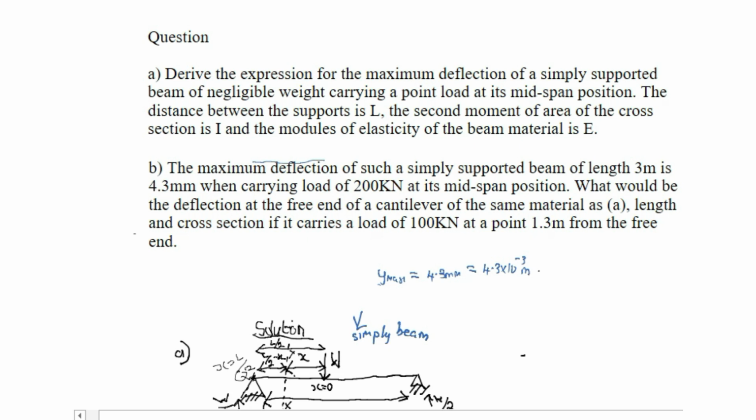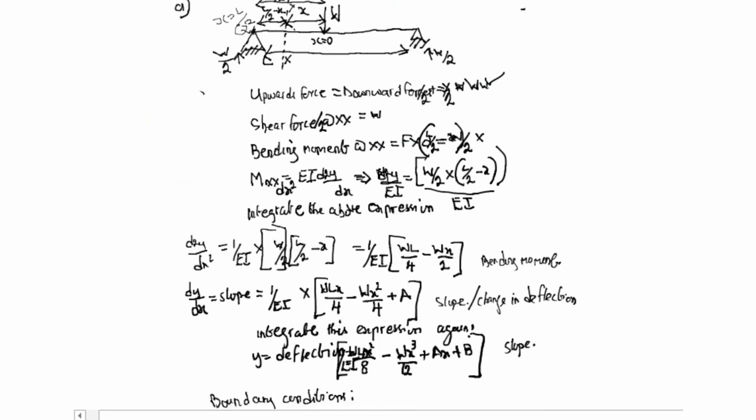And it says it has a length L of 3 meters when carrying a load W of 200 kilonewtons. W is 200 kilonewtons, which is the same thing as 200 times 10 power 3 newtons, right? So given these values, when we refer back to our maximum deflection equation here,